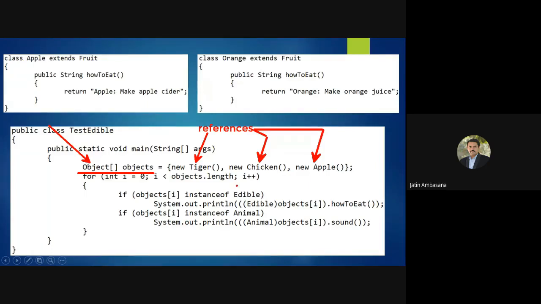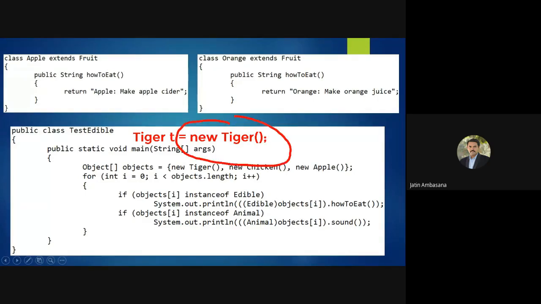Okay. So that's the difference. This is how we can use the new operator also. This is one new way that you have seen to use the new operator, right? Don't get confused. When we say Tiger t is equal to new Tiger, this new Tiger generates an object and also generates a reference variable.